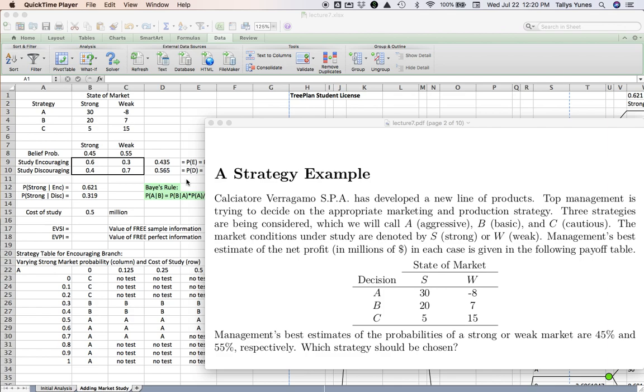In this video here, we're going to look at the concepts of value of sample information and value of perfect information. If you want to go and watch the initial video first, I'm going to leave a link to that in the description of this video and also a link here that you can click. It's going to pop up at the top in a second. Great. So what is value of information?